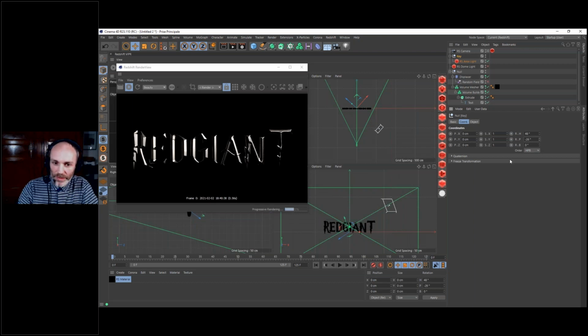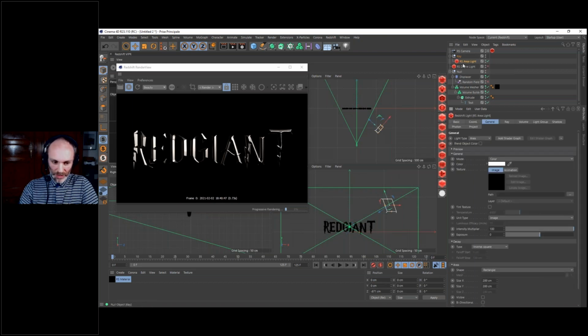Something else I use very often is, on my light, I'm going to use the temperature. I'm going to change the color temperature so we can identify the light. So I know this warm light is the key light.